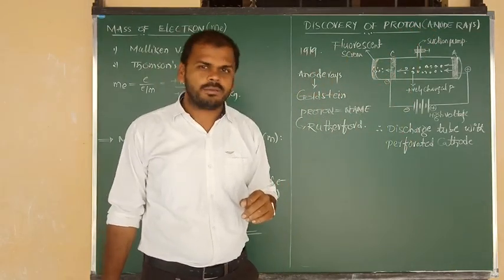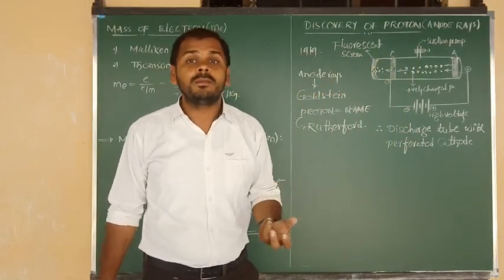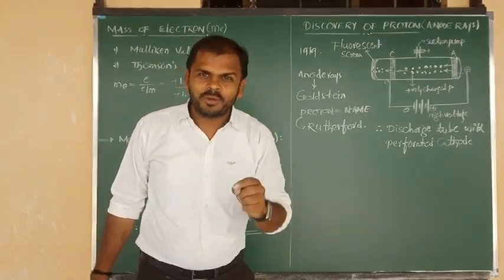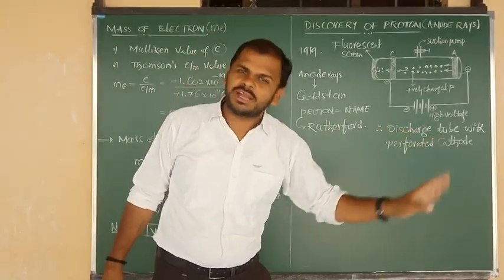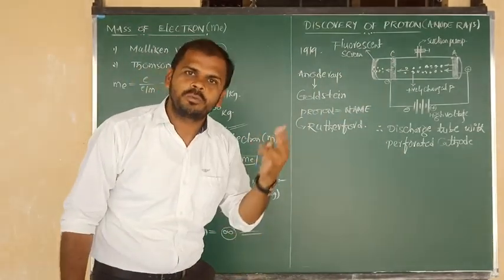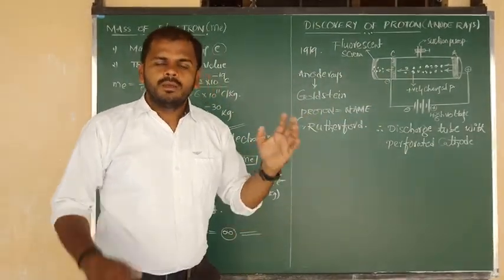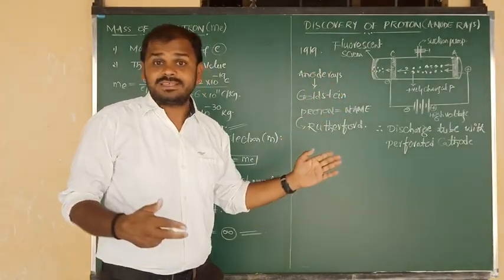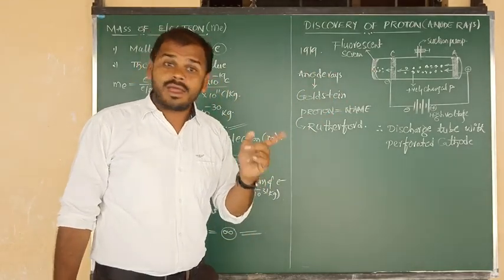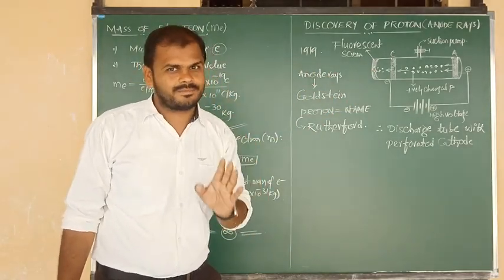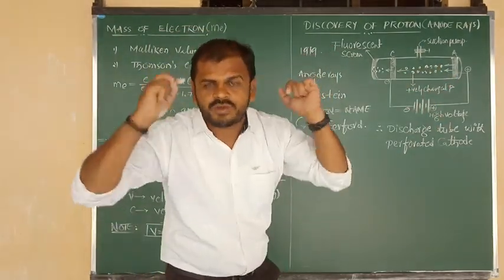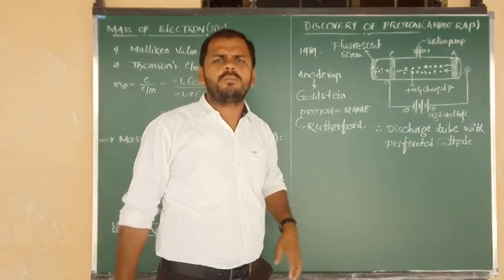Sir, why is hydrogen preferable? Because the atomic number of hydrogen is 1, so it contains 1 proton. The number of protons released is equal to the atomic number, so here we can see the discovery clearly. But what about helium? 2 protons. Oxygen, 8 protons. There will be some variations. But this is a clear-cut experiment with hydrogen, because hydrogen contains only 1 proton, and I told you the proton symbol is H+. So mostly we prefer hydrogen gas. Keep it fixed in your mind. Oxygen and nitrogen we can consider, no problem.